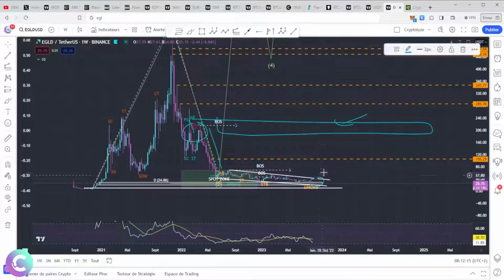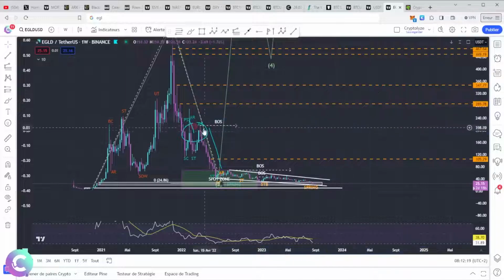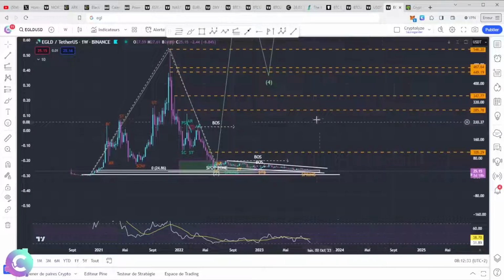This is where you will have to decide whether or not you will continue to do DCA. Have you smoothed your average purchase price? Tell me in the comments what your policy will be regarding this if we are still potentially 3 months down the road. What other target do we have? So that's a first target.